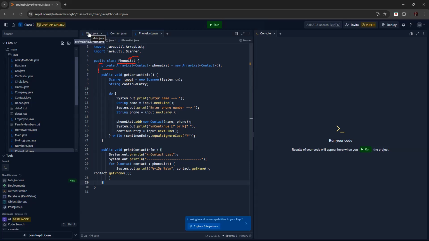If you want to print this array list, which is full of content, you have to use a method like that. If you want to fill it in like this, you also use a method like that. So only the method inside this class can access this private variable. Why do we do that? Because